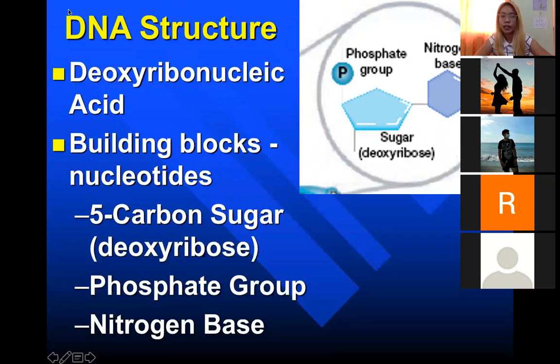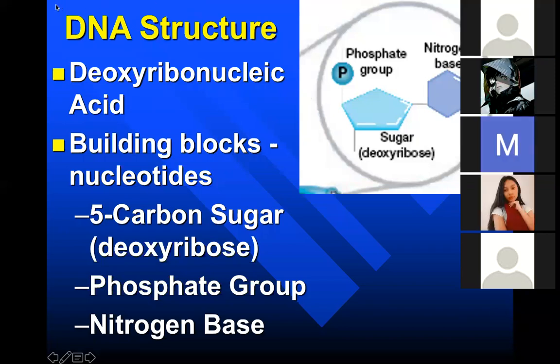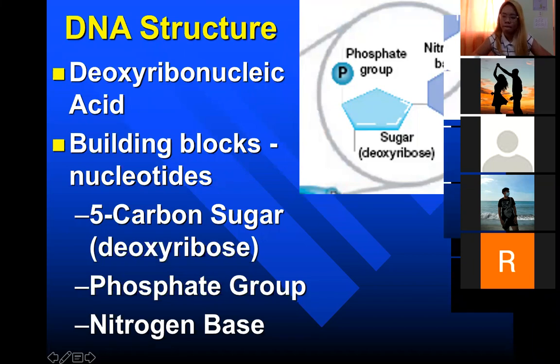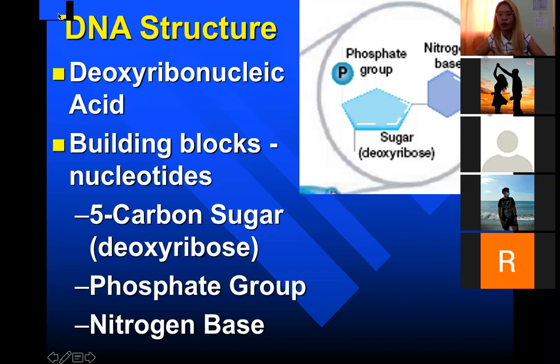Before I continue with the next slide, can somebody tell me what's the difference between pyrimidines and purines? Yes, Yunila. Yung purines po, double ring po siya. Yung isa naman po, single ring po. Okay, thank you very much, Yunila. So sabi niya, purines, these are nucleotides that are double-ringed, whereas your pyrimidines are the nucleotides that are single rings.